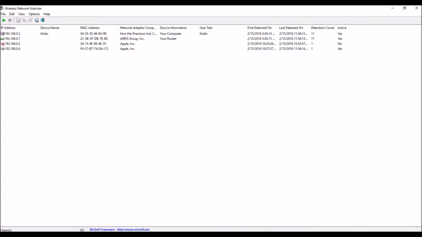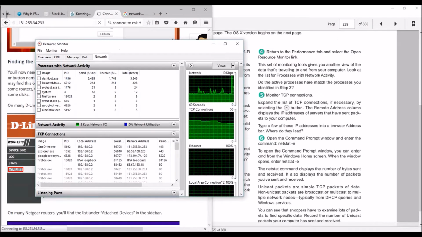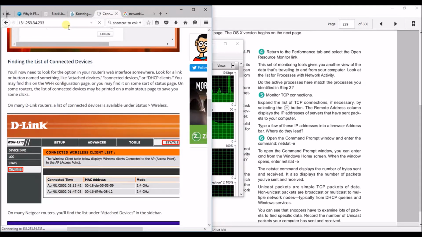As you can see, it belongs to my computer right here. So there's nothing happening right here. It's just going in circles. Now if I choose another one,